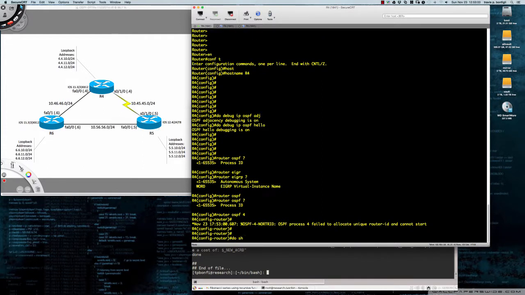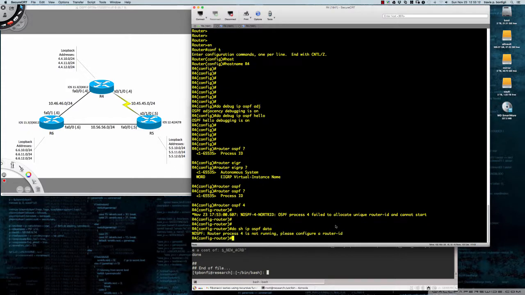So if I were to do a show IP OSPF database, you can see that the process is not running. It says please configure a router ID. So the way that the router ID is selected, if you remember back from the reading in chapter 8, the